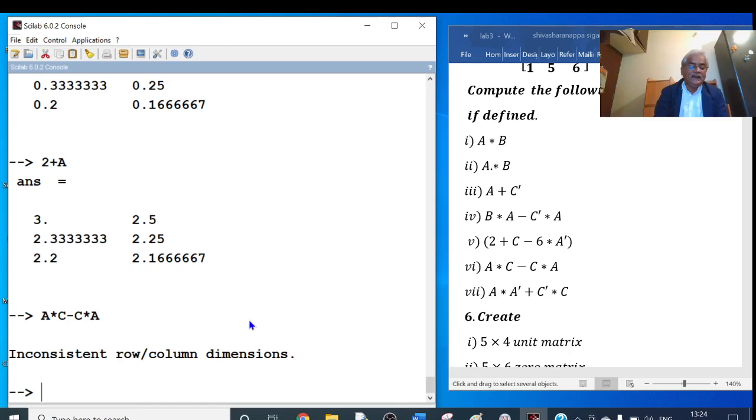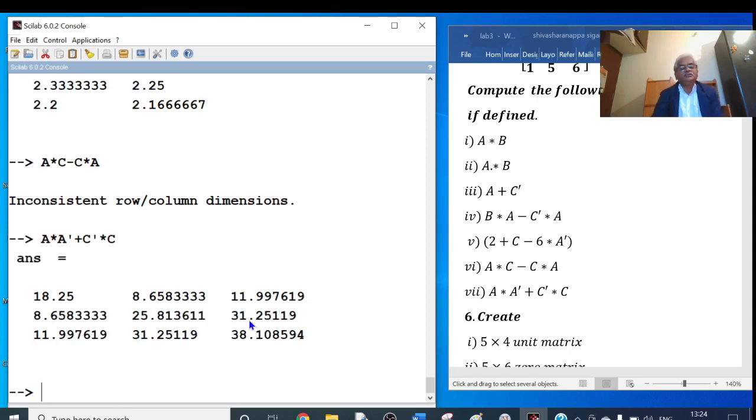Next, A star A dash plus C dash star C. Okay, enter. This is also defined. Next example is